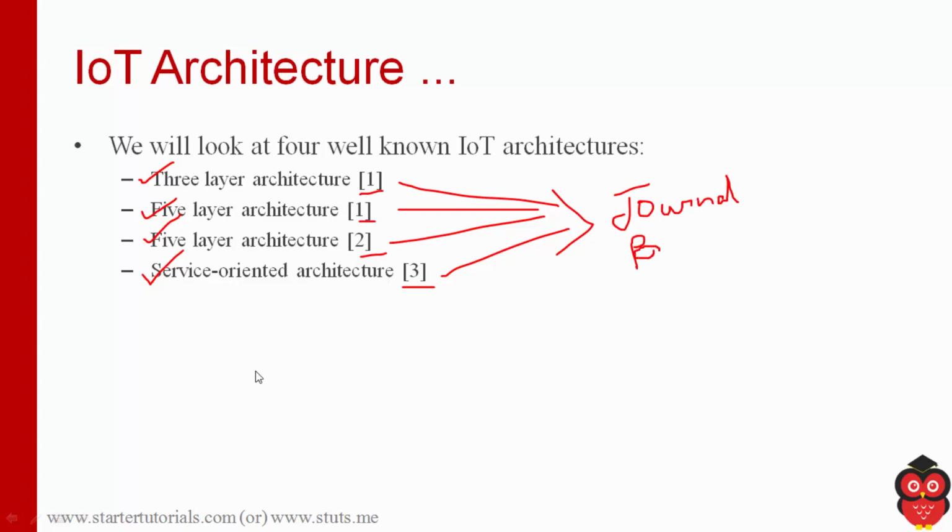What this means is, researchers after doing their research will publish their findings in a paper, generally in journals. That's why these are called journal papers. Also, researchers publish their findings in conferences. So some of these are journal papers and some are conference papers. So you will see the references.